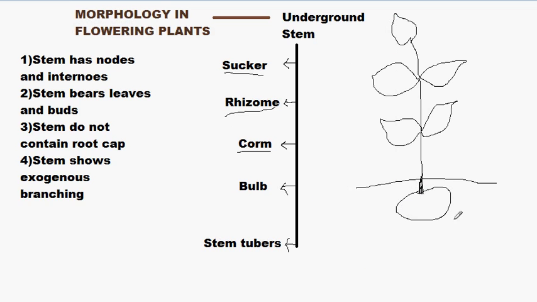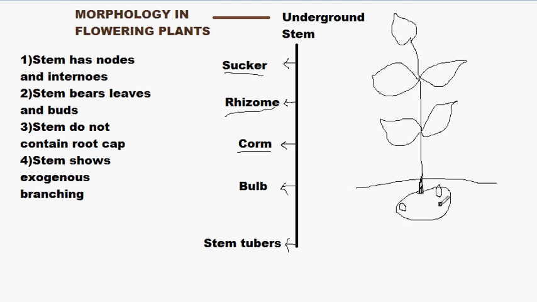So if I draw a potato over here, the fibrous roots will not be present. Then if you see the raw potato, which means just taken off from the agricultural field, you will find that there are scars and there are buds also in the potato,